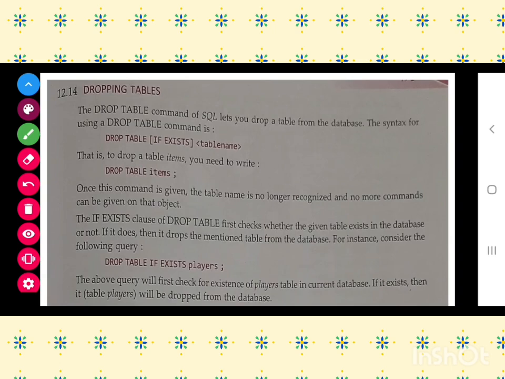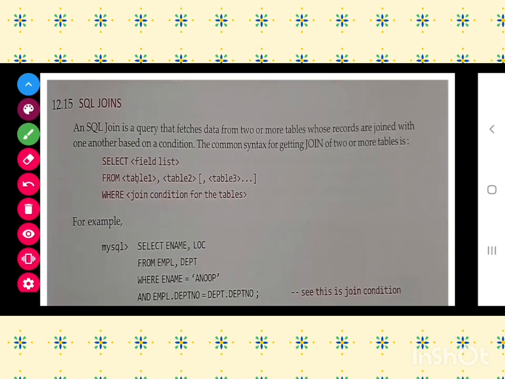Now class, there are some SQL joins also. If you remember, we can join tables, and I have not told you practically, we have not done it practically in class. Once I have told you the theory. So class, let's see an example. There are two tables, EMPL and DEPT, employee and department, and I want to join these two tables.